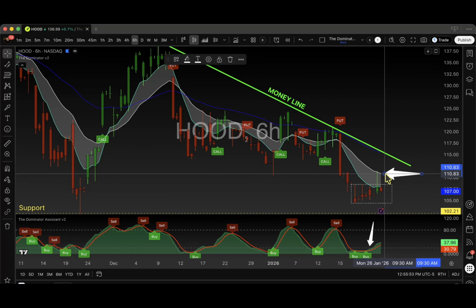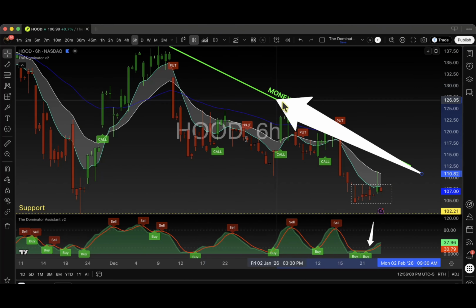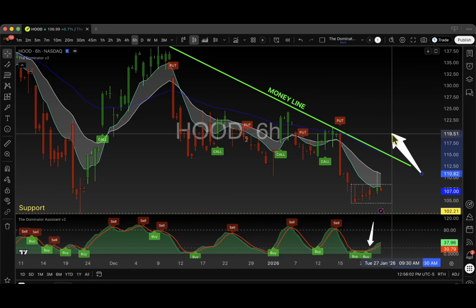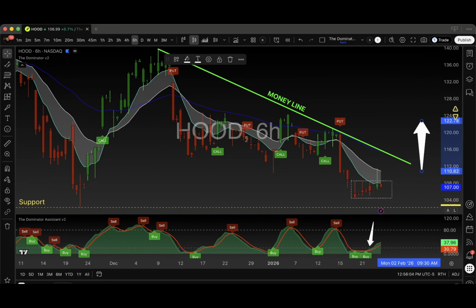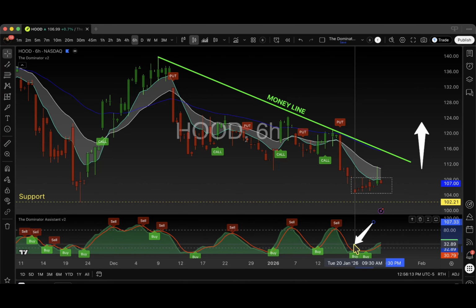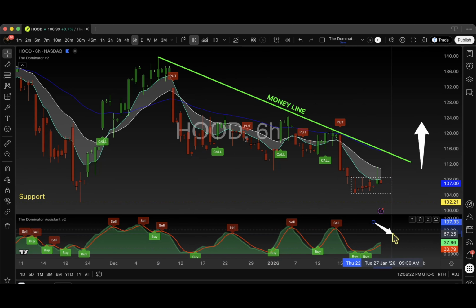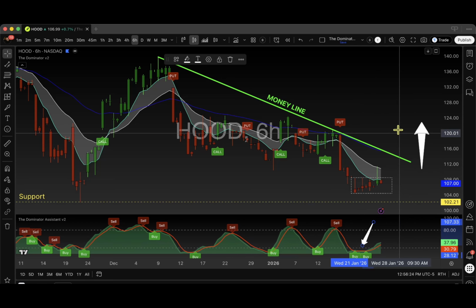Okay, so now let's take a look at the 6-hour chart on Hood, and look at what you see here. We have a money line that I drew. They get past this, that's money. And look what's right on the money line: it's this blue line that we call the 50-day EMA. And down at the bottom with Hood on the 6-hour, this is beautiful. Look at every time we have these buy signals, Hood pops up, and it's just going to be a nice